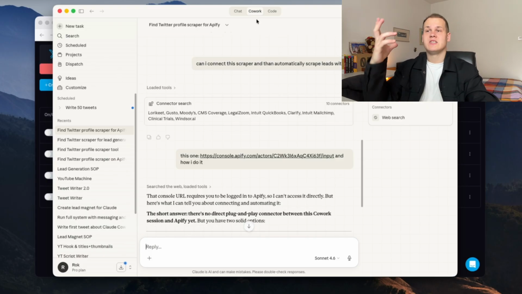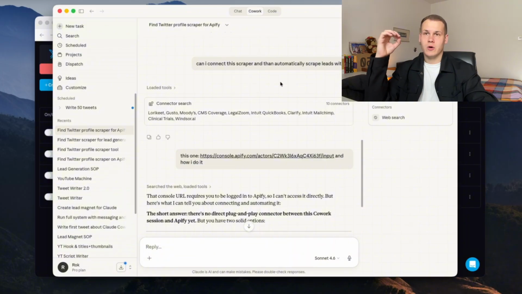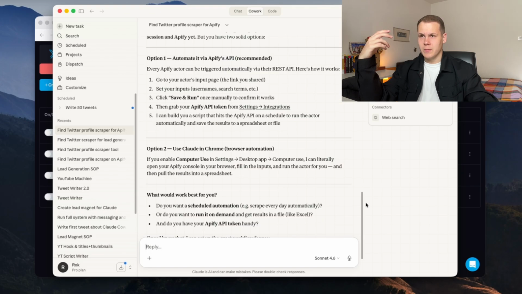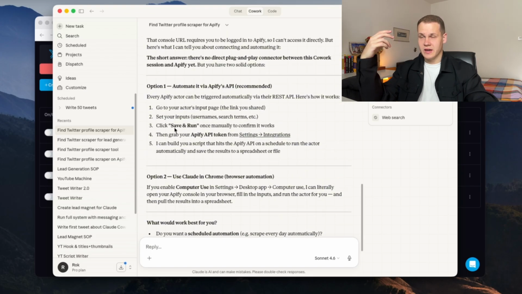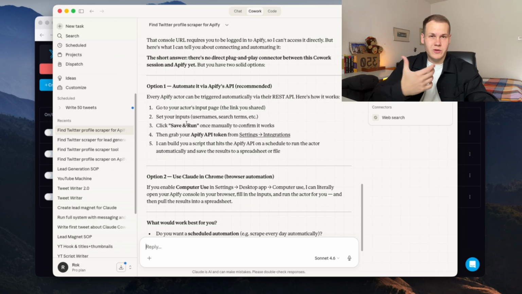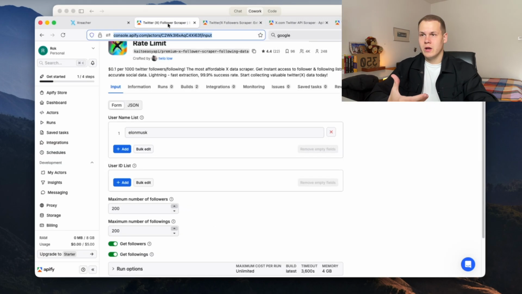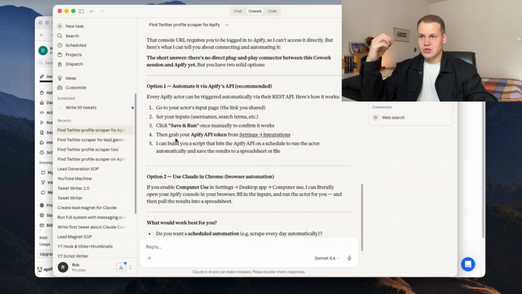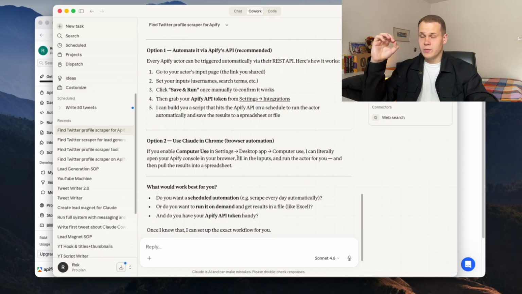Okay, so I just asked Claude Cowork, can I connect the scraper and automatically scrape the leads with it? Here I pasted the link because I forgot in the previous prompt. But what happens, Claude said, yes, just run it once manually so you see it works. So pretty straightforward. I would just go here, paste everything needed inside, press start, and once I would see that everything worked, I would just grab the API token, connect it,